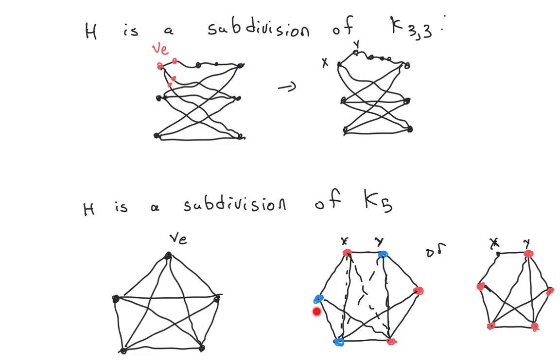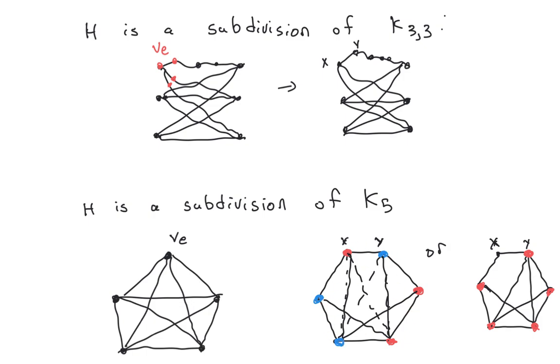Then I tried to draw the 2 cases we have to worry about. These depend on the neighborhoods of X and Y. If X and Y are both adjacent to 2 of these different paths, so that if you're pretending this is a graph, you could pretend X is adjacent to 2 of these vertices and Y is adjacent to the 2 others. Then the picture you draw is this one, where you replace this vertex with X, Y, and draw the corresponding paths. And then, based on the coloring,